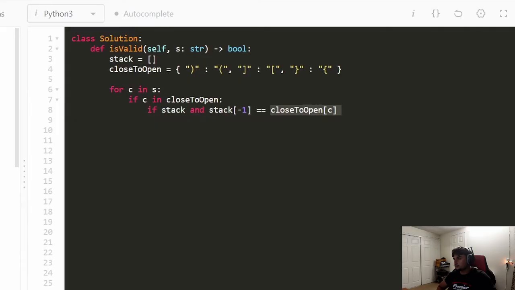We can get that by taking our map and getting the closing character from it. So that's what we're doing. We're passing in the closing curly brace, getting the opening curly brace or whatever we need. If these match each other, that's good. That means we can pop from our stack and then continue going. If they don't